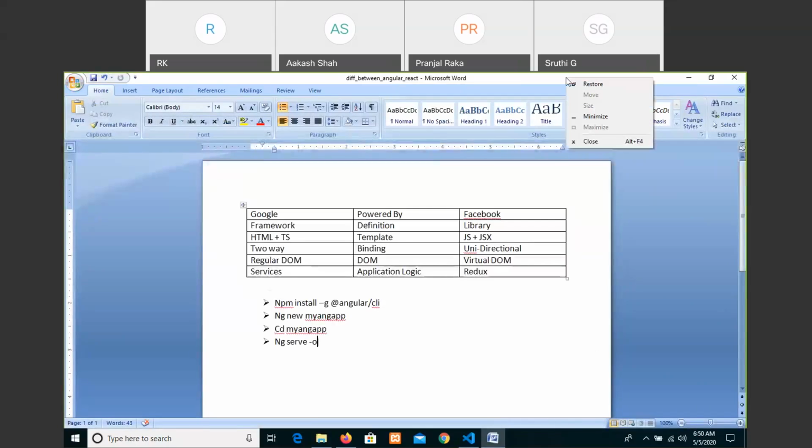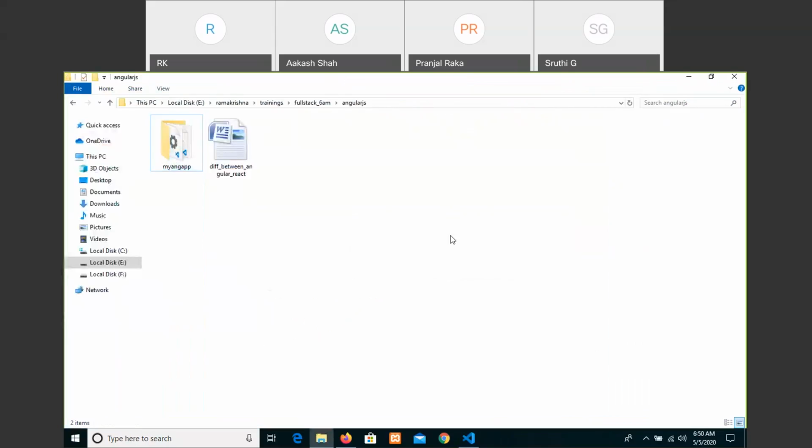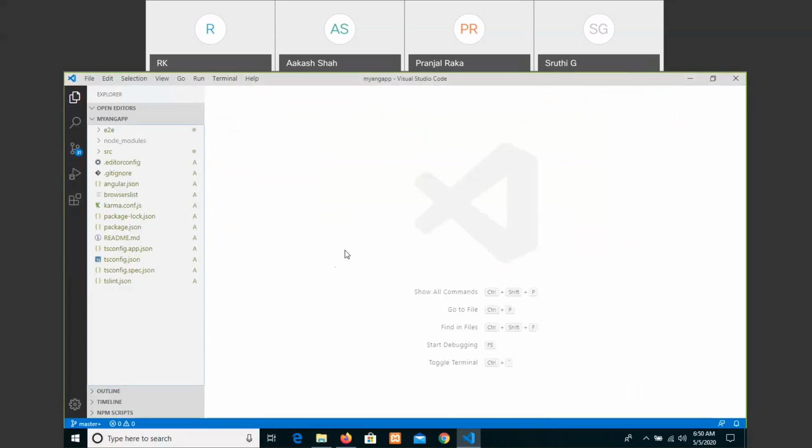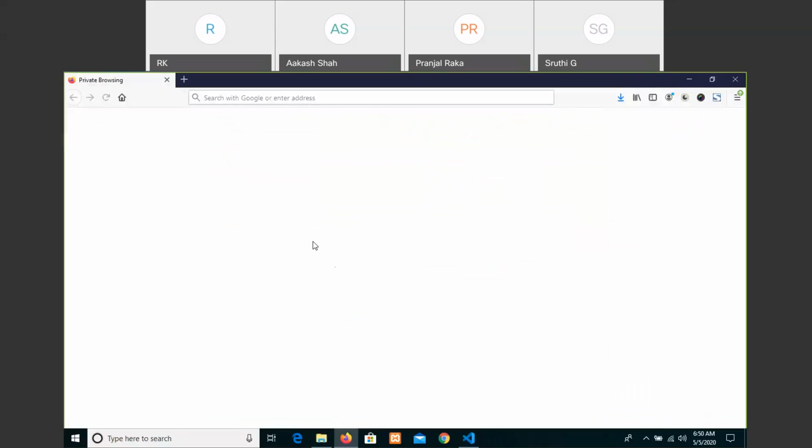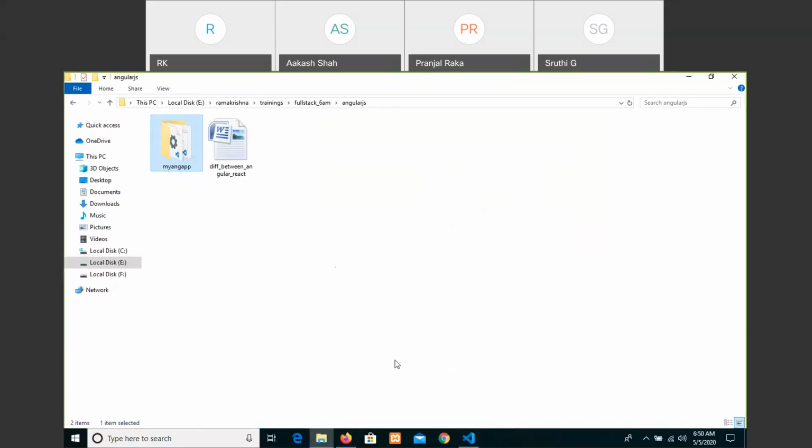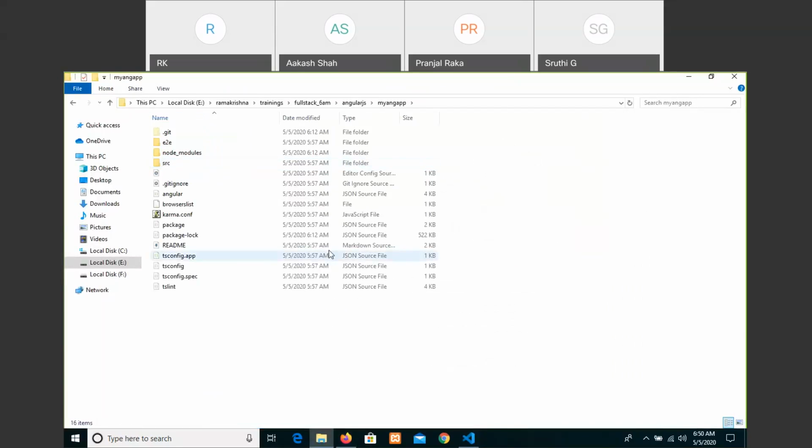Let us now discuss how we can work with Angular. Let us run the application that we have created, see the output, and see how that output comes and where the flow is working.